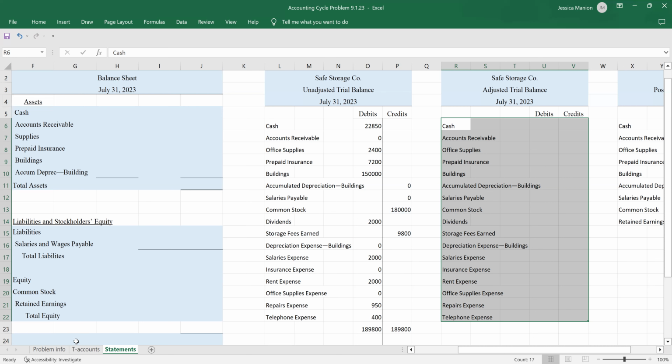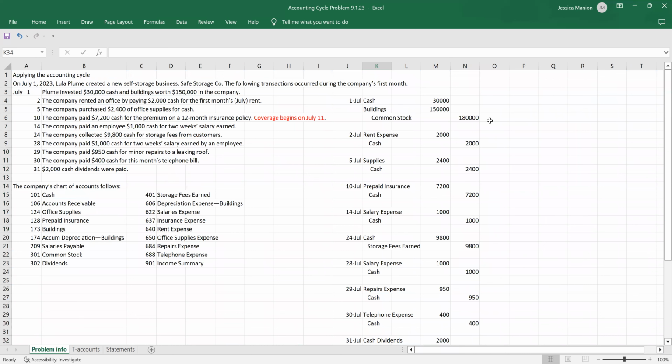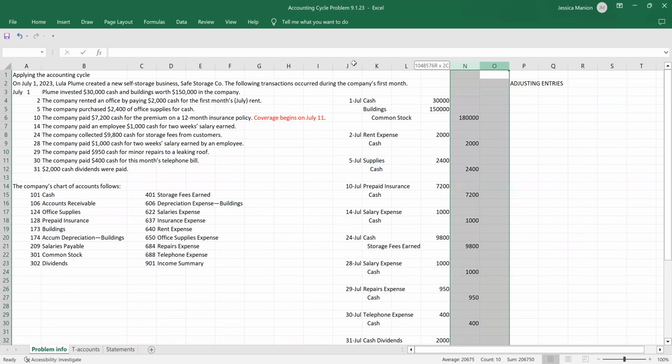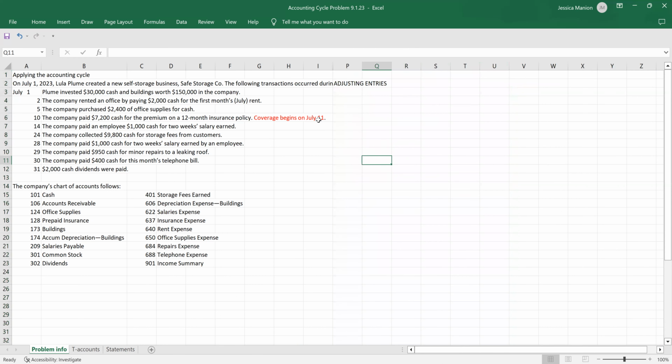So let's go back to our problem info. And so these were our regular transactions. Now I'm going to make a column for adjusting entries. Okay, so now we've got our adjusting entries. And then just to make it a little bit easy, I'm going to just hide these for right now. I'll unhide them before I send it to you, but I'm going to just hide them for right now so they're not in our,